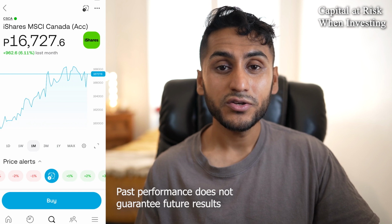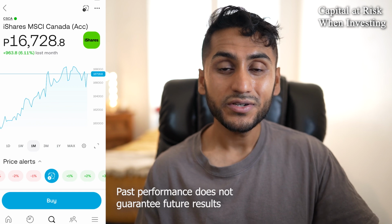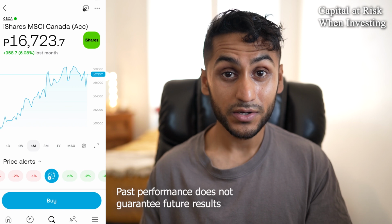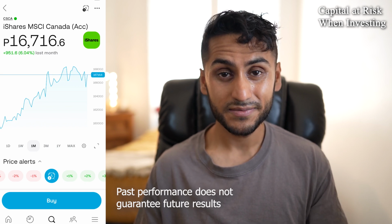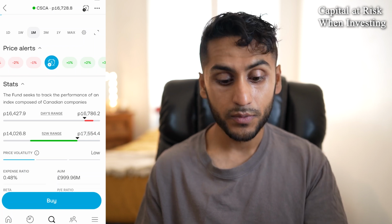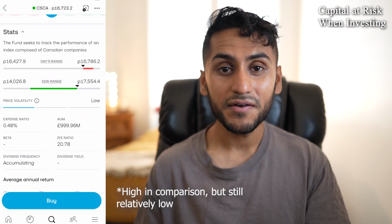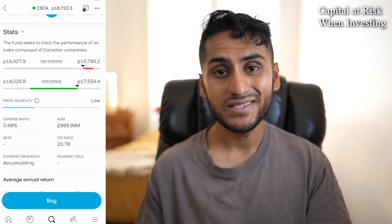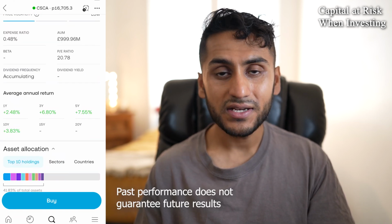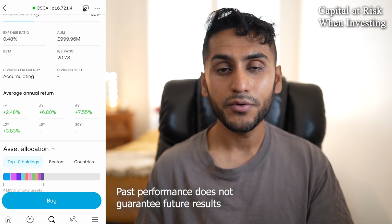If we quickly try to compare the performance figures, we can see that this fund has been doing really well over the past month. Not as good as the S&P 500, but very similar, which can be surprising to anyone who doesn't look into the Canadian markets, much like myself. But anyway, you can see from the stats that this fund aims to track the performance of an index composed of Canadian companies. The expense ratio is very, very high at 0.48%. Assets under management just under £1 billion. We can see the annualized returns here: over 1 year 2.48%, 3 years 6.8%, 5 years 7.55%, and